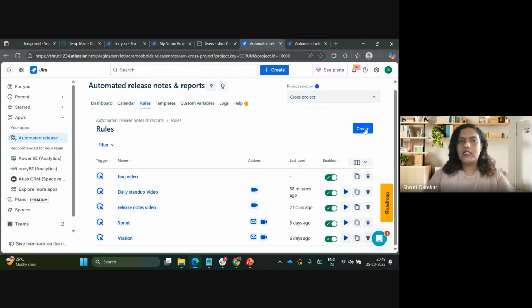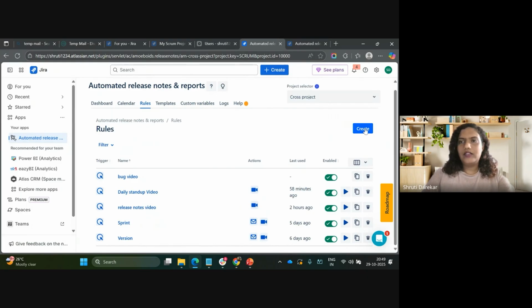So for this, rules are something, I mean, for creating any template, you need to create a rule where you can select which project you want to create this template for, which version or which sprint, all those things, all the variables that we have used, for which set of data you want to run this template.